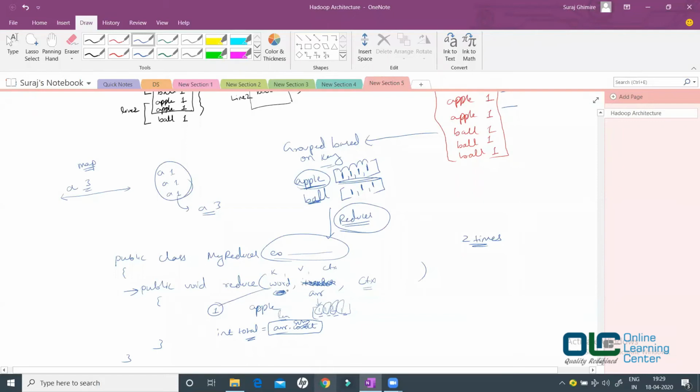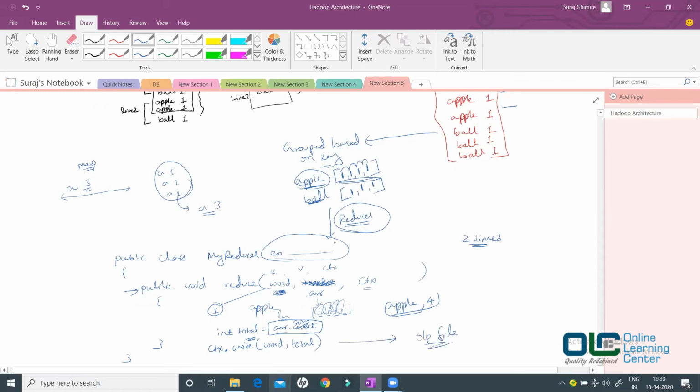Anyways, we do this sum and then we get the total out of it. Now I have apple and I have the total of it. What is the total? Total is 4. So this is what I'm going to write in my context. I have got access to the context as well, so I'll say ctx dot write, word, total. Done. So I'm writing the data from my reducer in terms of context. Whatever you write from your context will be written back to your output file.